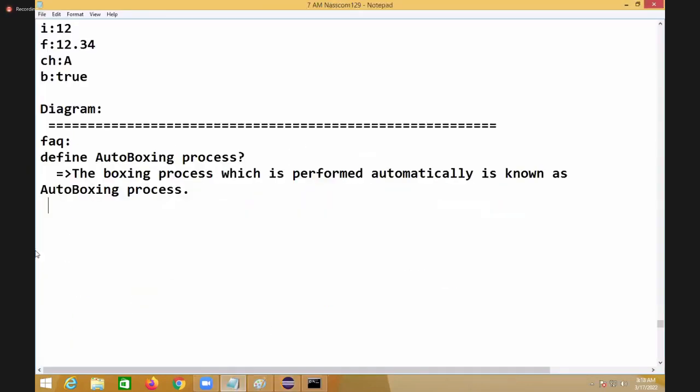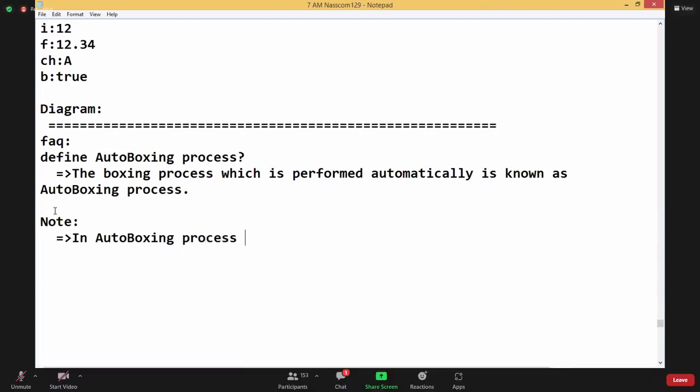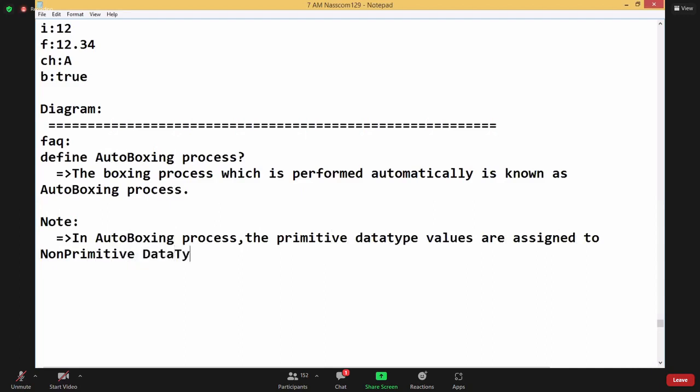Now make it one point here under auto boxing. In the auto boxing process, the primitive data type values are assigned to non-primitive data type variables, and in this process,